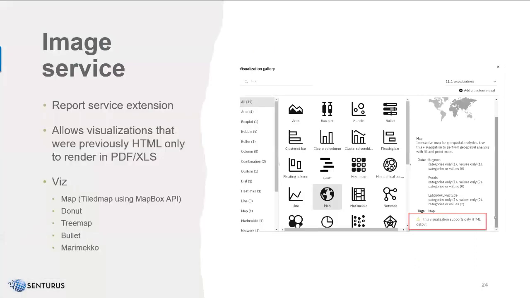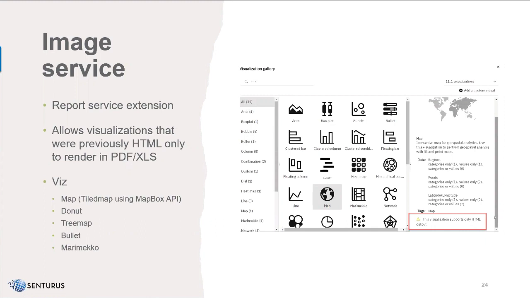The image service is new to 11.2.4. If you were ever trying to run one of these visualizations listed here, maps, the new Mapbox API, which is really great, donuts, tree maps, bullets, etc., you may have noticed in the bottom right, before you bring it into the report, there was a little warning that says this visualization supports HTML output only,